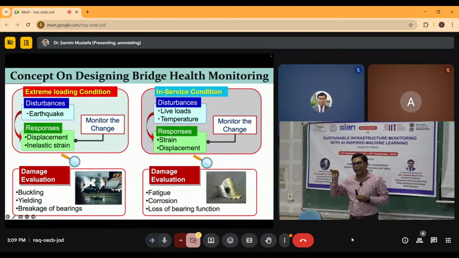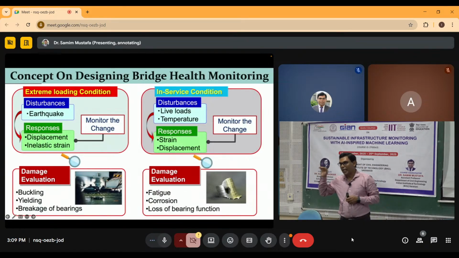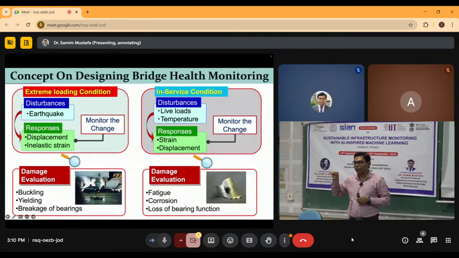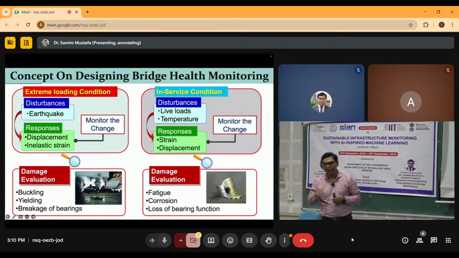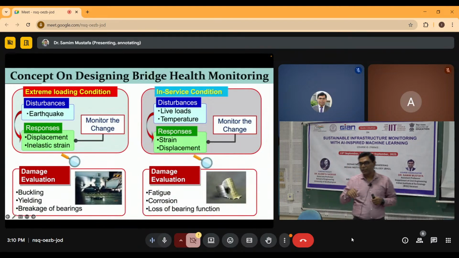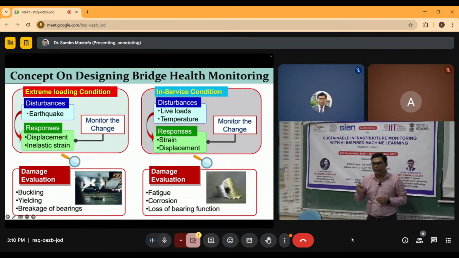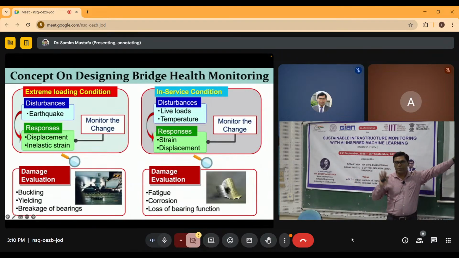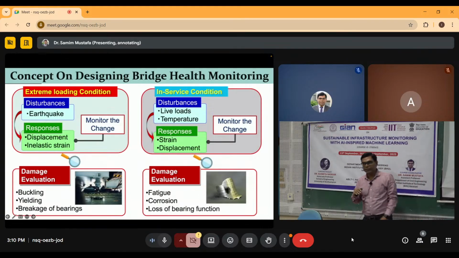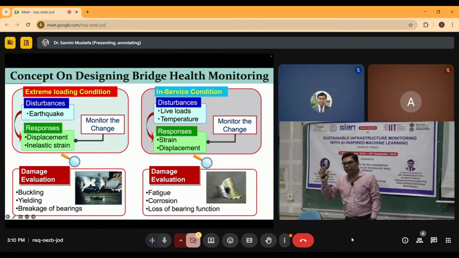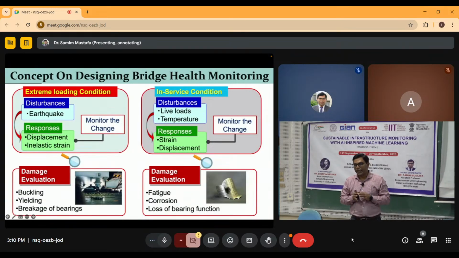For a moderate kind of earthquake, we design in such a way that there is damage in non-structural components. Non-structural components means those components which do not carry the vertical forces or self weight. So those buckling and yielding could be permitted in those members. Then breakage of bearing. For severe earthquake there could be some other possible damage, but it should not collapse. So therefore we use some